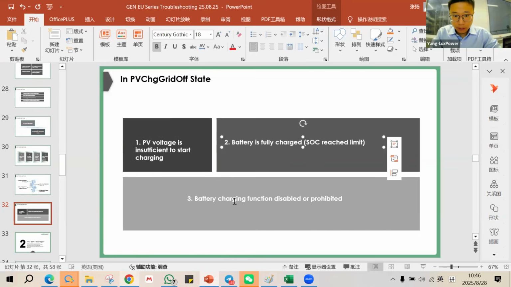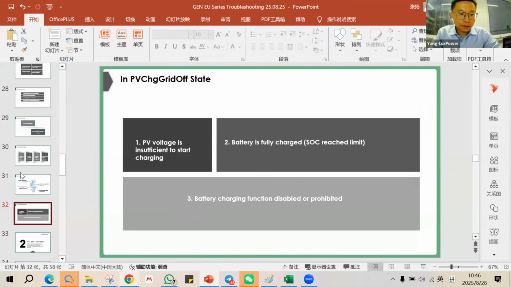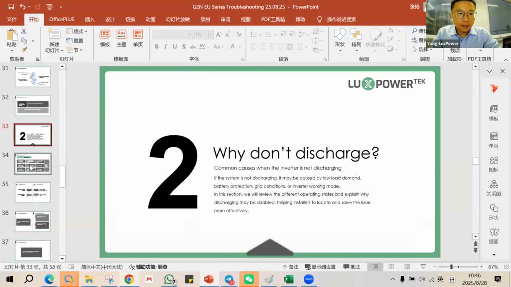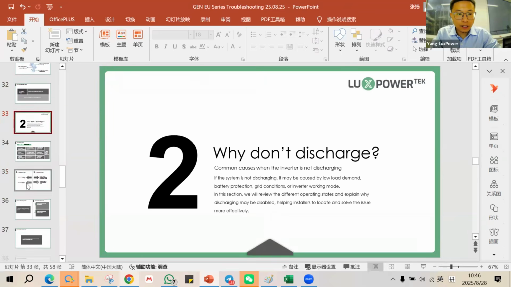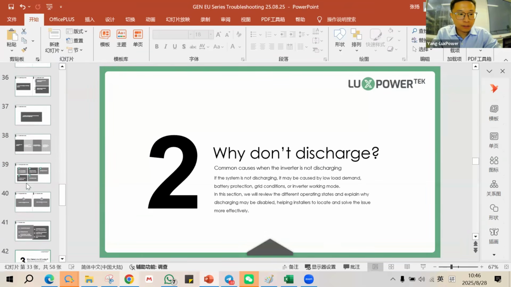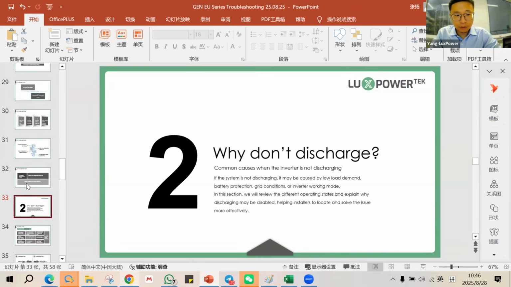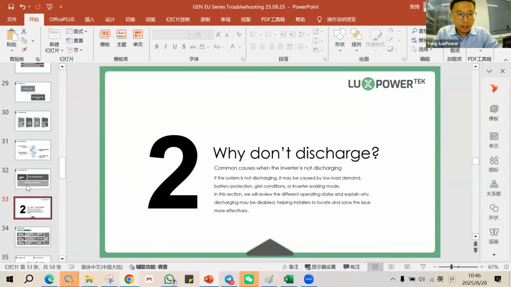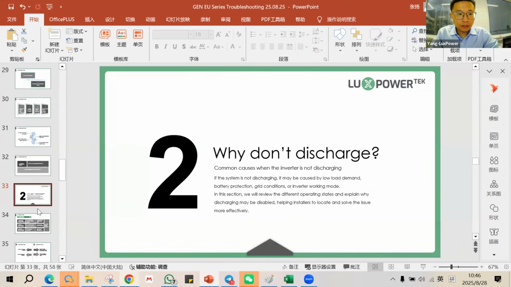And also the battery is full and the battery charging function is disabled. So I will say now it's 10:46. Because this topic you will see, I already prepared something new, but I need another like 20 pages. But today I don't have enough time to do all the trainings. I would say we do it next time, next week or the week after next week,